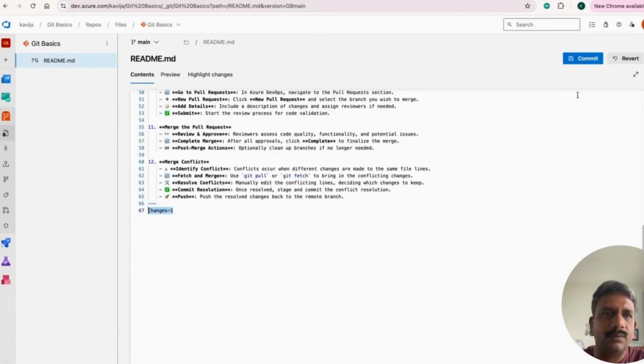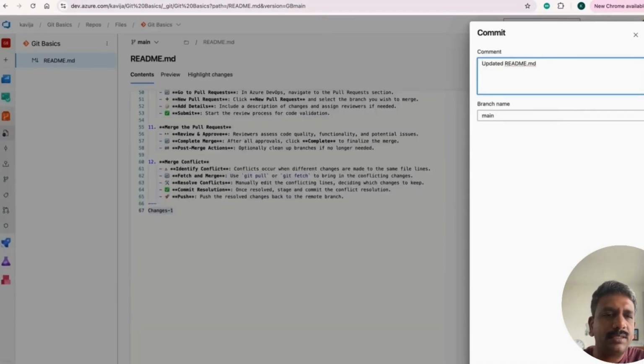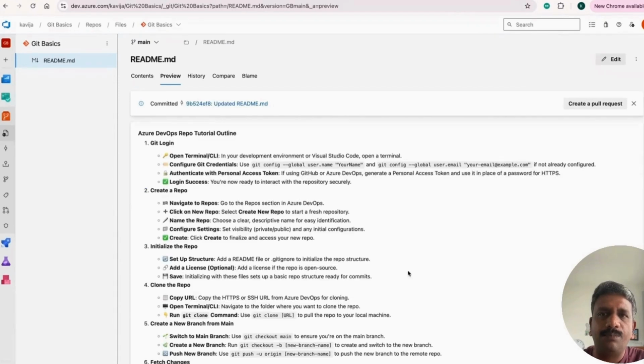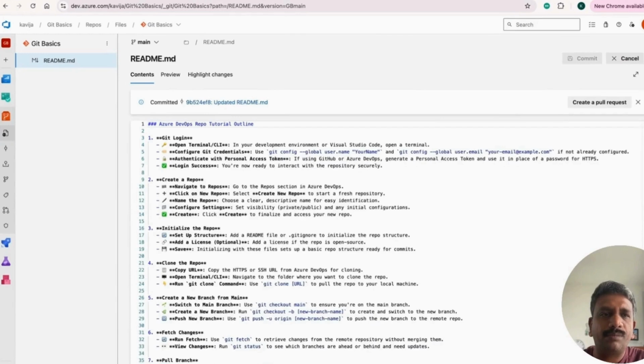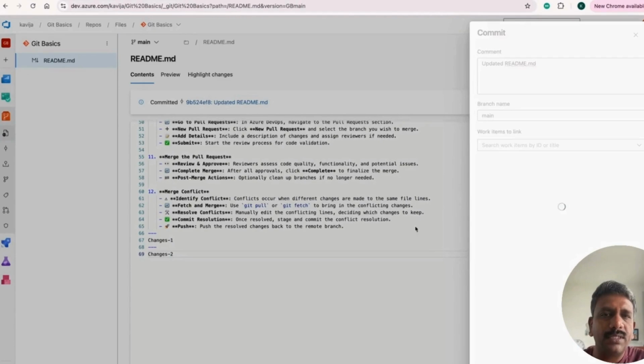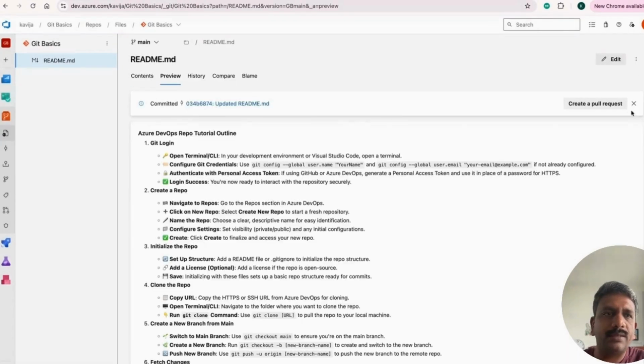Okay, so let me commit here. Let's assume that this change is nothing but your production fix. Now I'm also making another commit here, change two. So if you see here, your main branch has two changes,